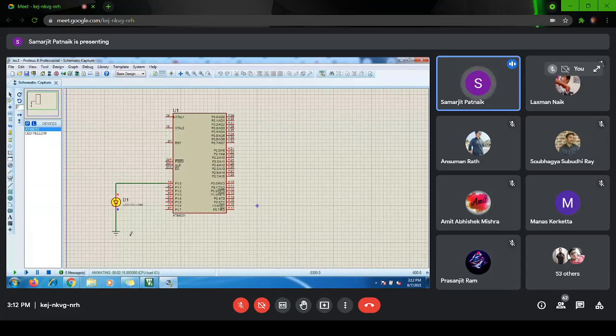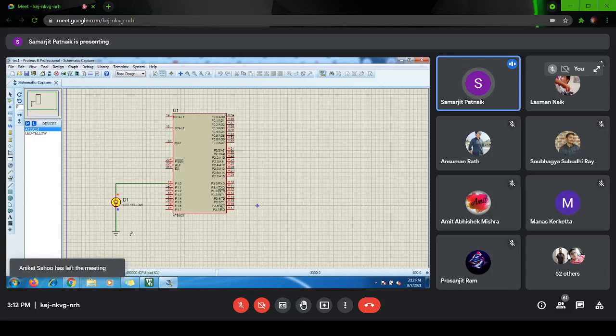I will show you one example of how to read inputs and how to connect it to an output device based on a conditional statement. Then you will be comfortable. But I just want all of you to first install Proteus and Keil, because in today's class only 4 to 5 students have completely installed.